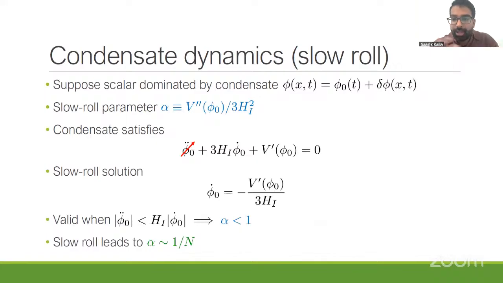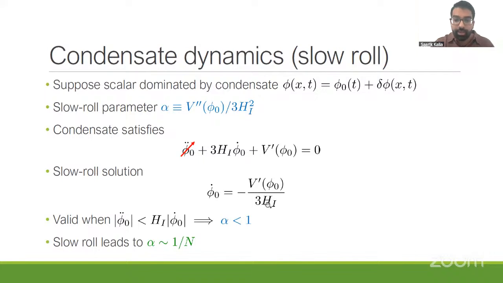Okay, and so I've also been talking about this slow roll solution, the slow roll regime. So what is this slow roll solution and when does it actually apply? The slow roll solution is when I can neglect the first term in this Klein-Gordon equation, and then you can see that the slow roll solution follows from there. Again, this is the same type of slow roll solution you would see for the inflaton. And I can ask, when is this slow roll solution valid? Well, it's valid when the first term is smaller than the second term. If you write that in terms of alpha, you'll find that it's exactly just alpha less than 1. So indeed, alpha is the relevant slow roll parameter in this scenario. This slow roll solution applies when it's less than 1.